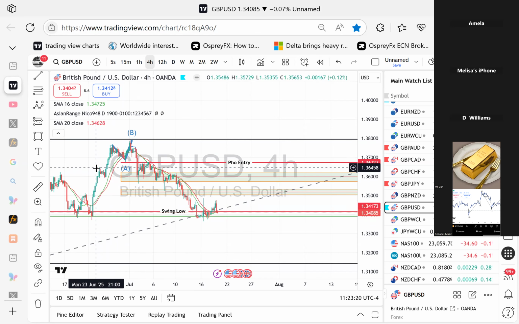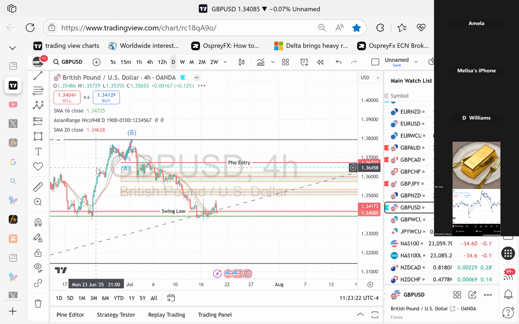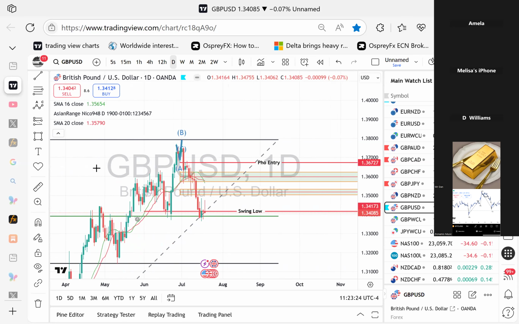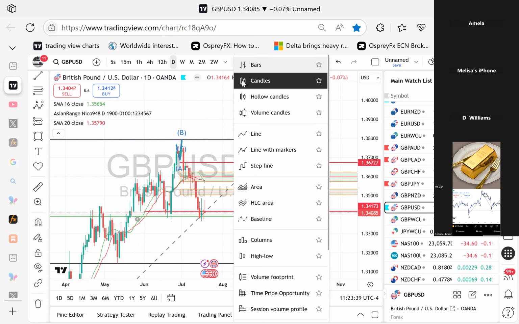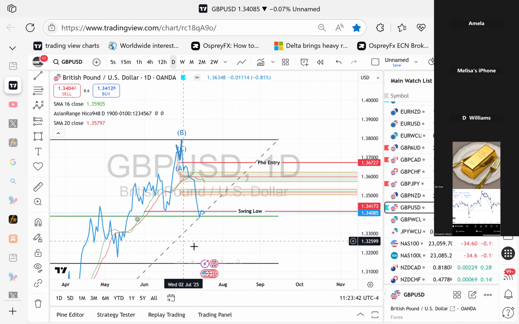What I like to do is monitor my trades from the daily, right? So if I go to the daily chart, now y'all got to remember, for me, my swing low is here on the daily, okay? And we got a candle close below the swing low for me. For Kim, this won't necessarily be a break of structure for her. But again, I go to the line chart. This is my swing low. You see that? Price has broken structure. So what that means for me